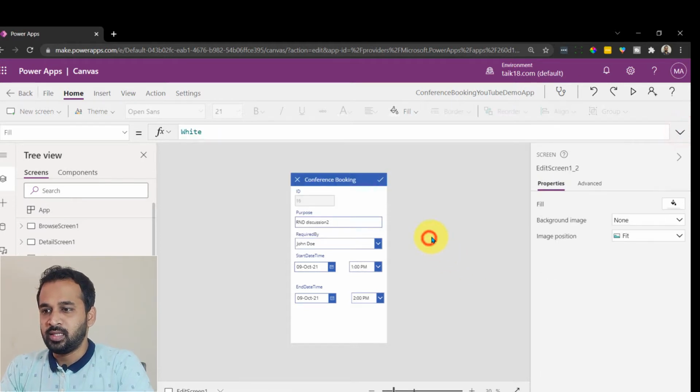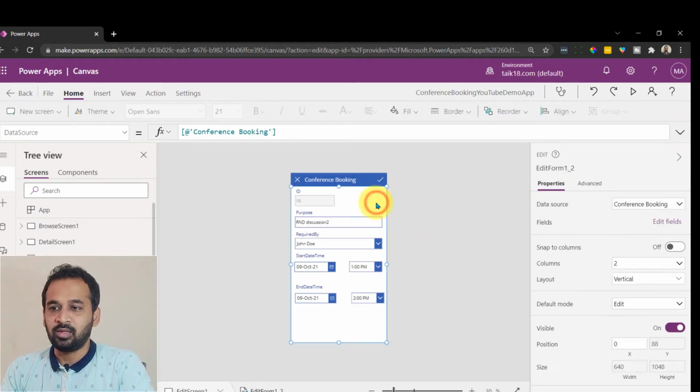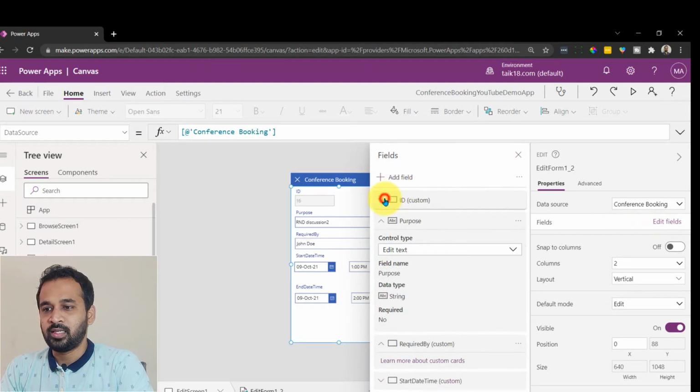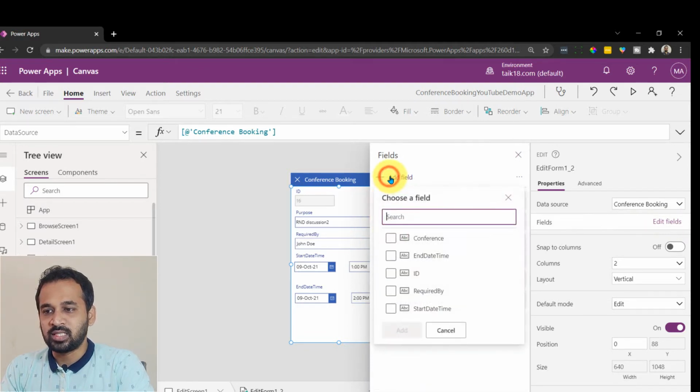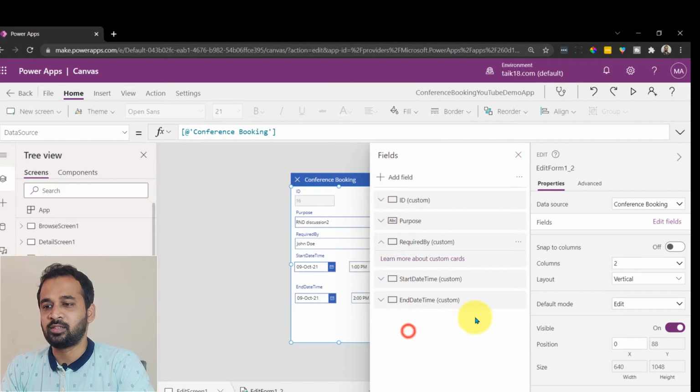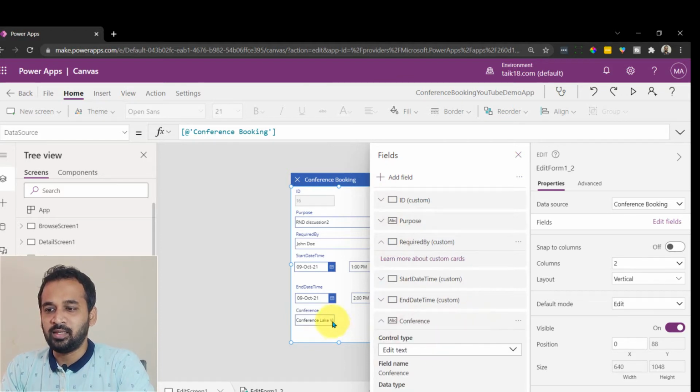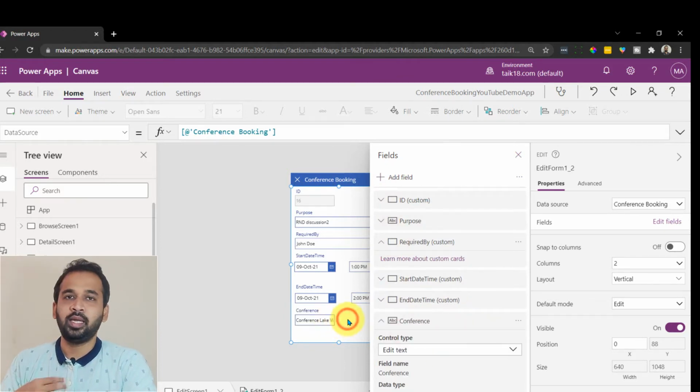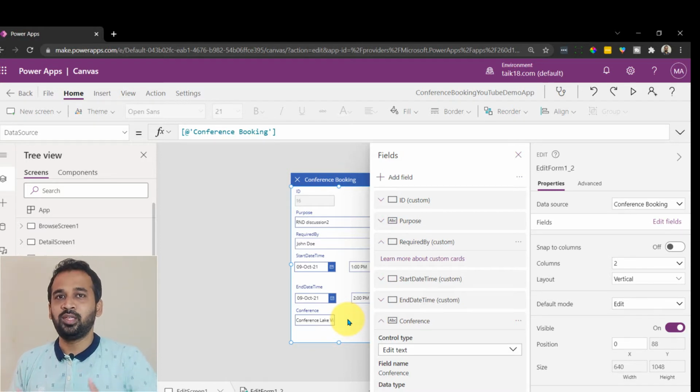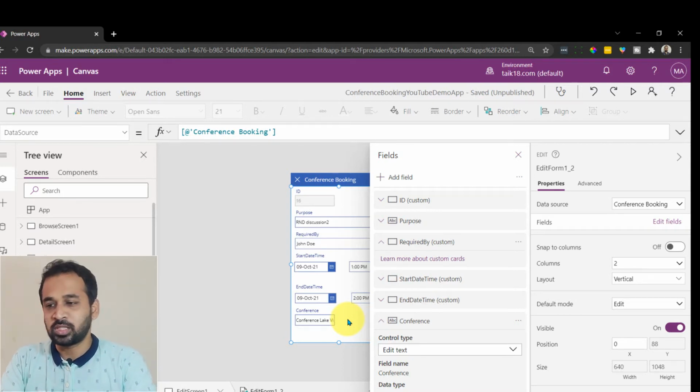Okay, and then what I did, clicked on this form which is edit form 1_2 and clicked on the fields on the property pane and added the conference one more time. So clicked here and added the conference. This time it has added conference as a text. So for me it has to be text for now because I'm going to use the images and buttons instead of that. So just to show what we have selected and what was there during the update process, we need that. So that's why I'm adding it as is, which is the text box now.